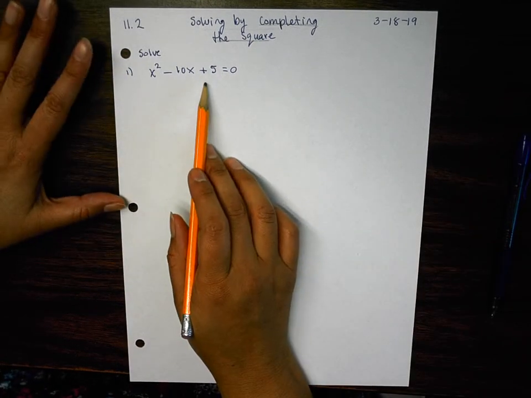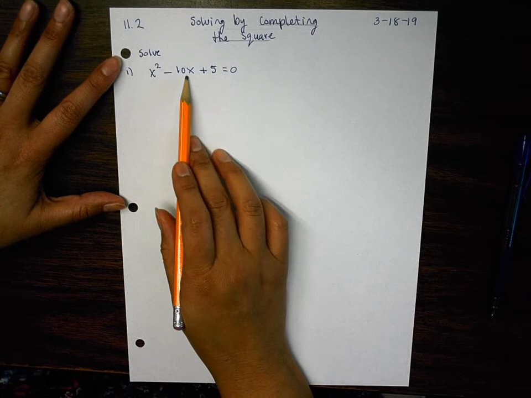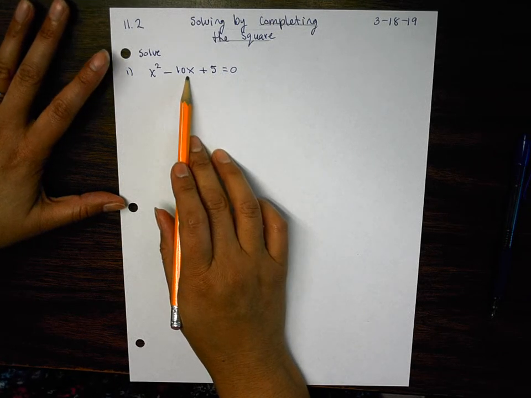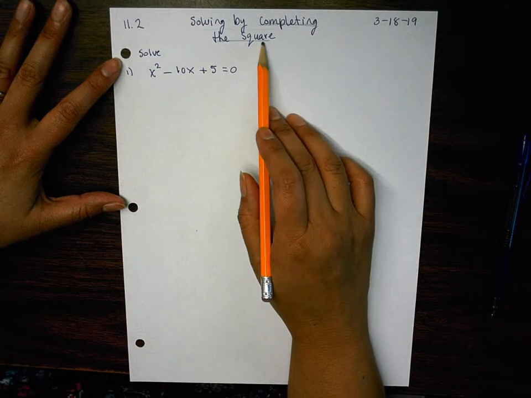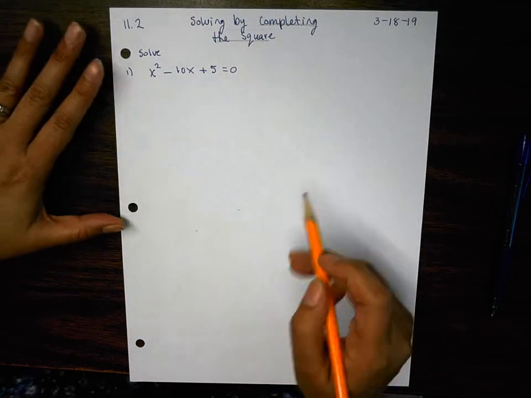Can you guys see that? There's nothing that multiplies to 5 that when I do inside outside would equal negative 10. Can you all see that? This is why we have this other method, because not everything is factorable. Does that make sense? Okay. So